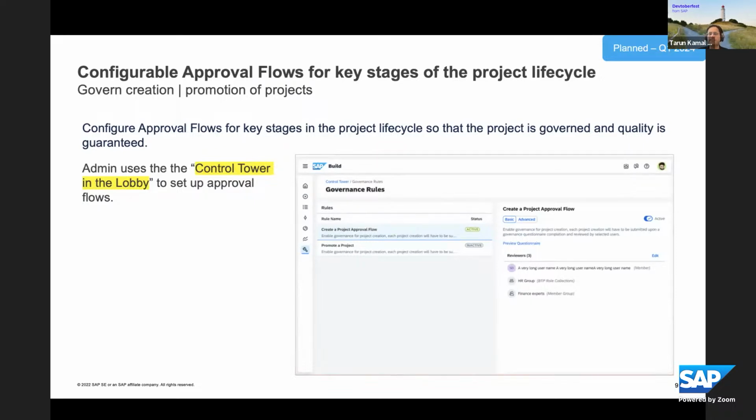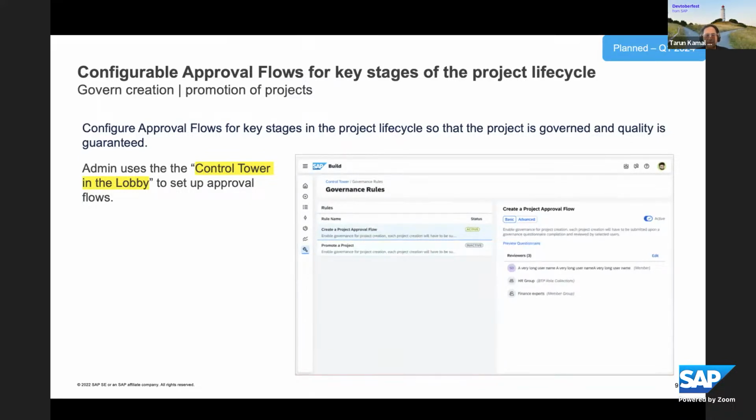Because you should have tested it with a couple of folks before moving it out, so you can share those results. And when a reviewer reviews it, he's able to approve or reject it based on the response, right? So the whole idea is to have configurable, approvable steps where IT departments and customers can decide whether they want to govern certain critical stages or not. Governing that would mean a questionnaire that a user would need to answer, and it's not just a single step as such, right?